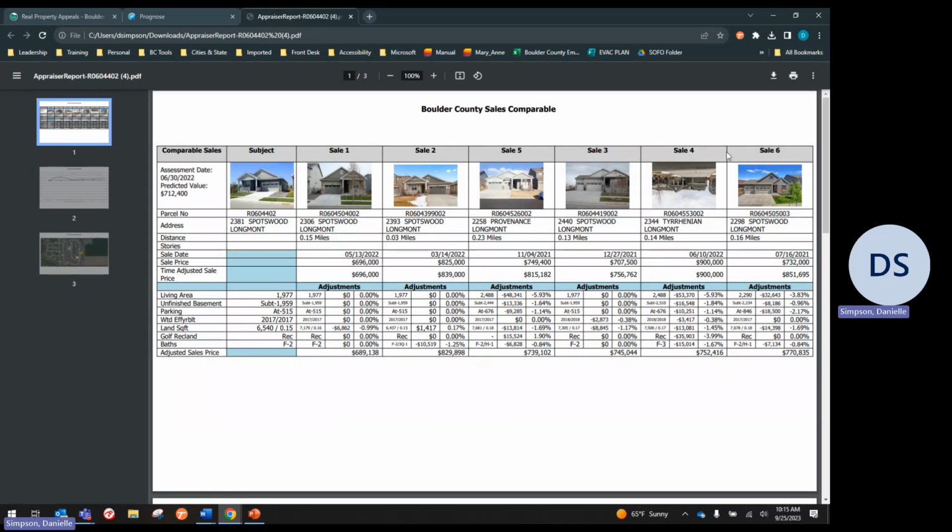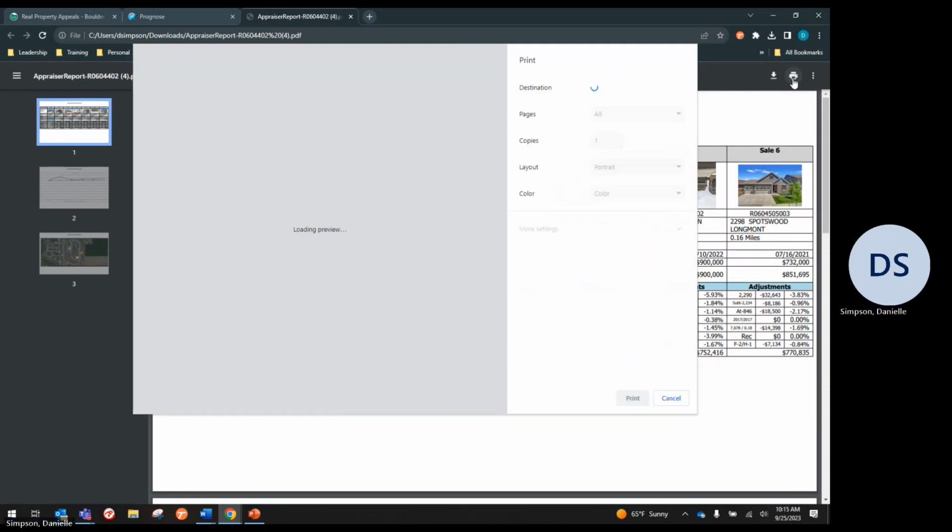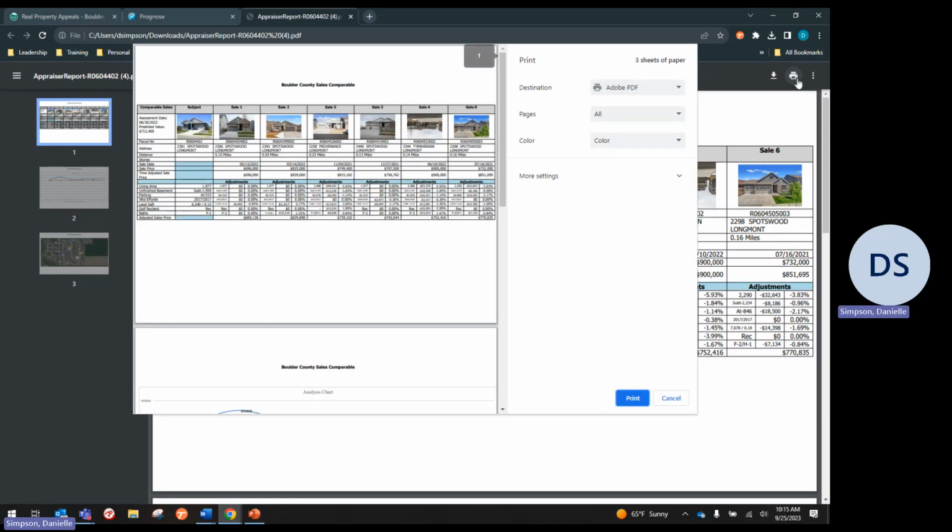When you go to print, here is a tip or a trick. You go to print, there's a print button in the top right-hand corner. And this information a lot of the time gets cut off. So sometimes it says 3 sheets of paper, sometimes this will say 6. If it's saying 6, there is a cheat. If I come down here to more settings,